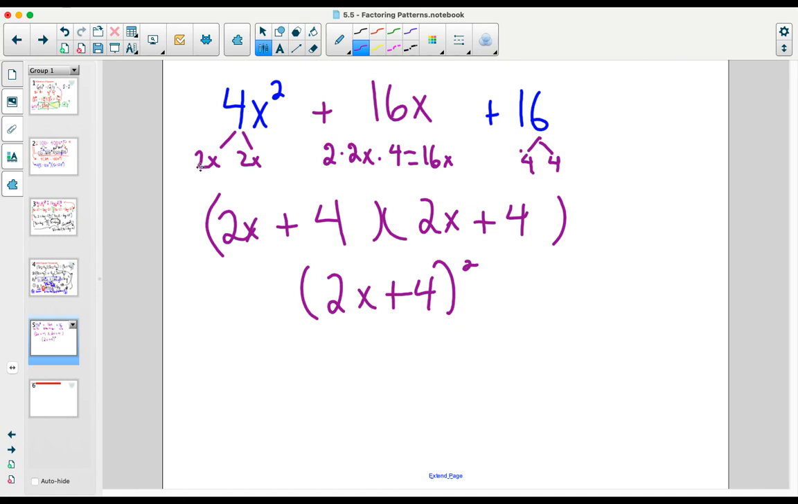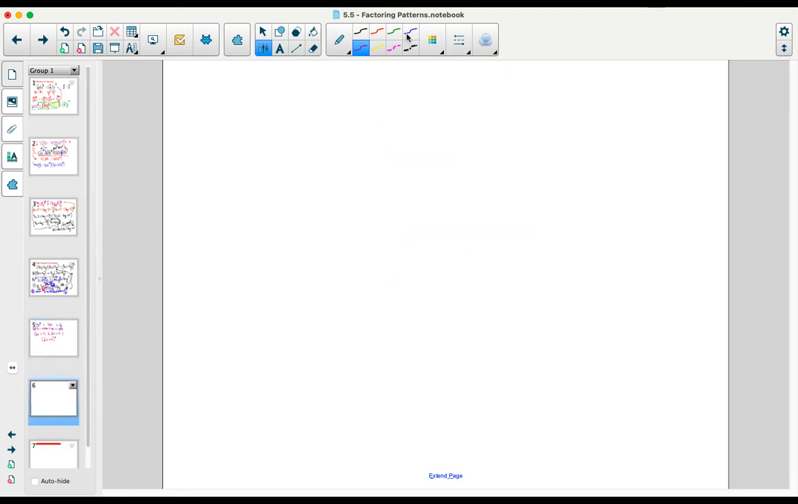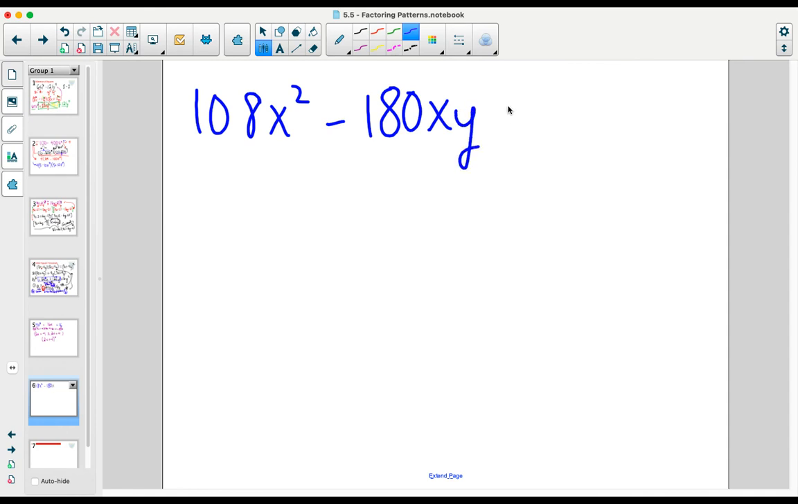Again, if we can identify a perfect square here and a perfect square here, and then the middle is double their product, then we have a perfect square trinomial. There are some situations that may not look like a perfect square trinomial at first, but you have to engage in some other kind of factoring to get it to cooperate